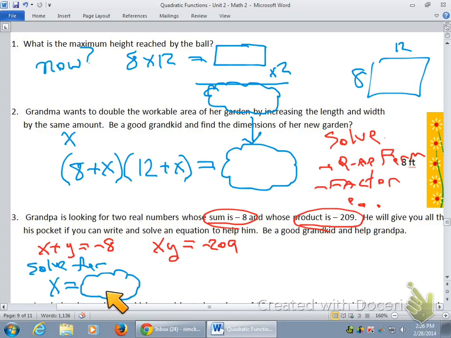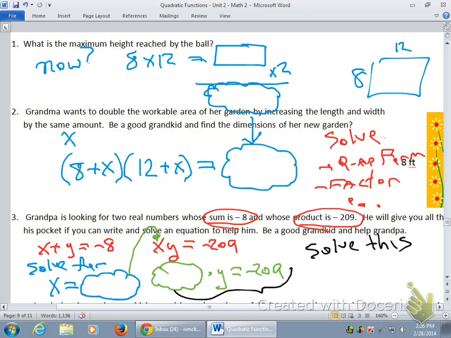You're going to take whatever you get right here and plug it in right here. So I'm going to take that and plug it in right here. So there's my new something times y has to equal negative 209. Well, at that point, guys, this equation becomes quadratic. So at that point, you're going to solve